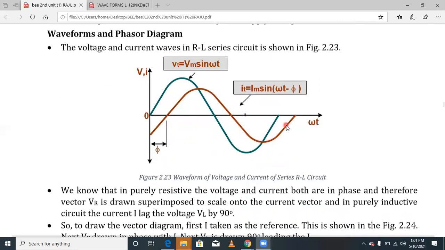You know that current magnitude and voltage magnitude are different. The voltage may be 230 volts, but the maximum current for domestic use is 2 amps, 10 amps or 5 amps, like that. That's why the magnitudes do not coincide with each other. The voltage magnitude is this much and the current magnitude is only this much. With 230 volts, V of t is equal to 230 sin omega t, like that. That means the magnitude of the voltage is high compared to current.